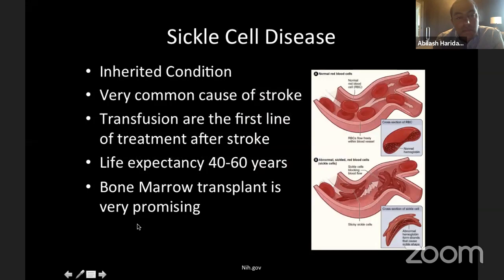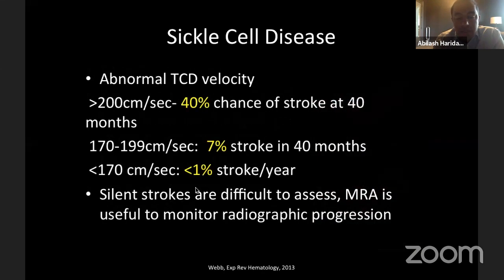Sickle cell disease is slightly different. It's an inherited condition that can lead to moyamoya, and it can cause multiple problems with the blood flow in various parts of the body, the lung being one of the most common, and the bone. But when they happen in the brain, they can lead to strokes, and bone marrow transplant has emerged as a very potential cure for some of these debilitating diseases. Specifically with sickle cell disease,